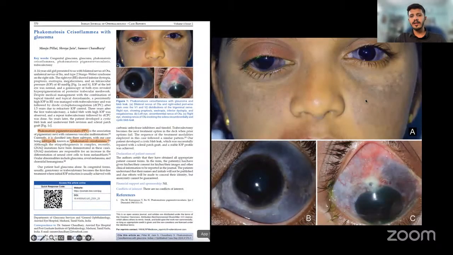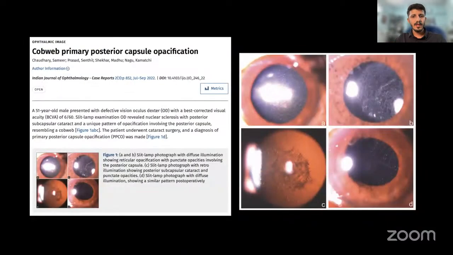This was a particularly interesting case. This was a 14-year-old female with bilateral nevus of Ota and Sturge-Weber syndrome as well. You can see the unilateral port wine stain, and again the images were of very high quality. This particular entity is quite rare, called phacomatosis, and it got published as a photo essay in IJO case reports. This was my very first publication. I saw this case during post-op rounds, POD1 following SICS.